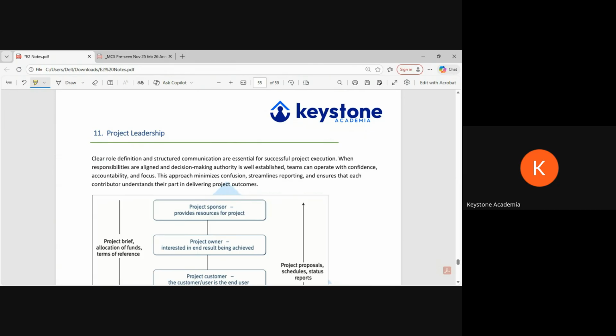Okay, now project leadership, just an extension of that. What kind of leadership do we need in the project? We have talked about team leadership. Obviously, that skill is required. But on top of that, if somebody is a project director or project manager, they need to showcase a different level of leadership because the complexity is very high.